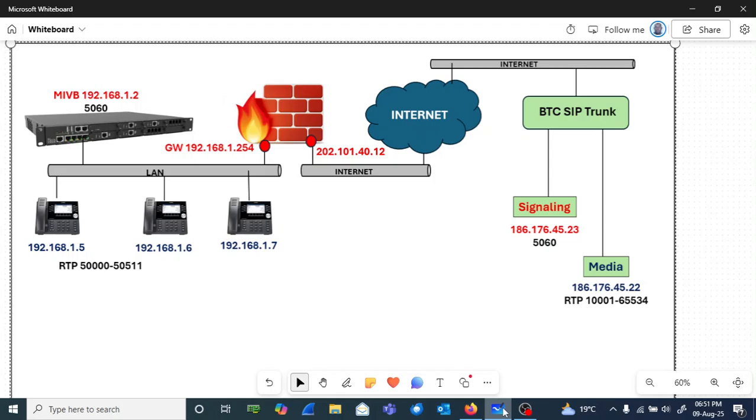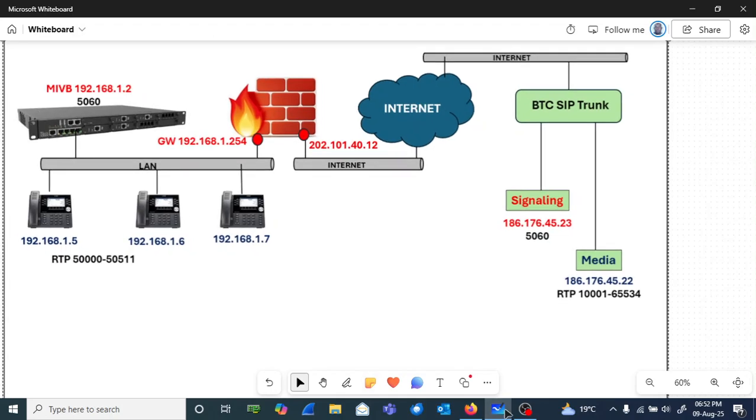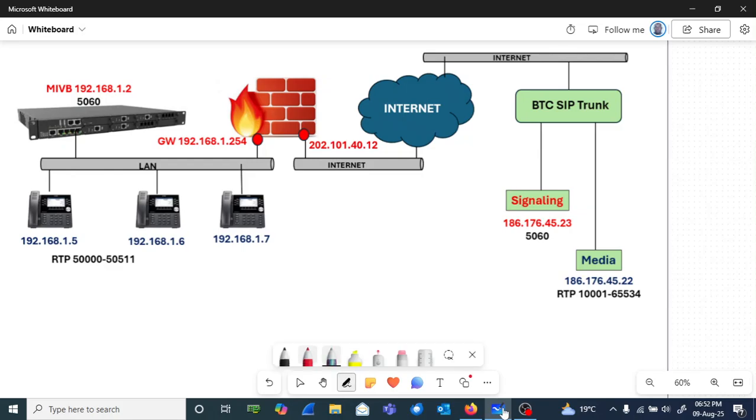So we need to grasp the principles or the concepts first before we can think of getting onto the controller and configuring. So I've got here with me an architecture, a diagram of what the connection will look like when we are actually configuring a SIP trunk. So we are going to have my MiVoice Business controller here, which is this one, and it's going to be having an IP address of